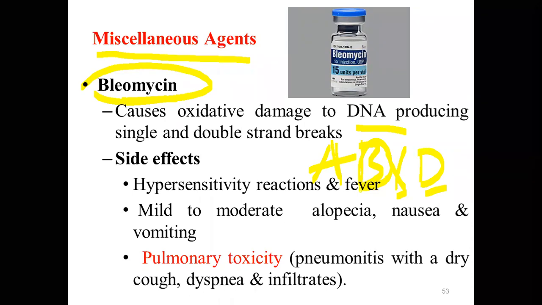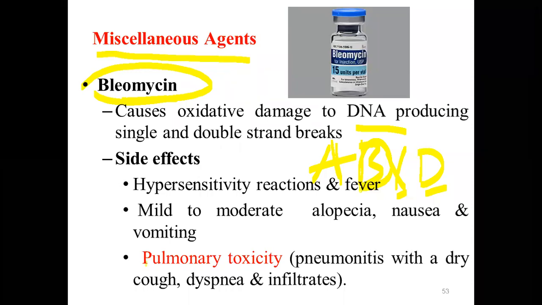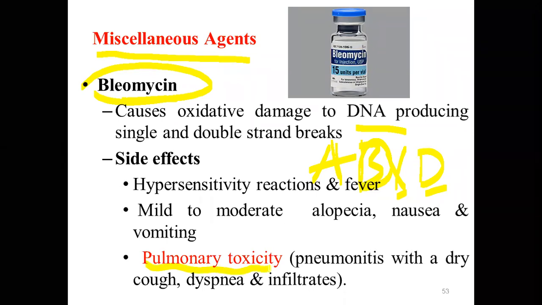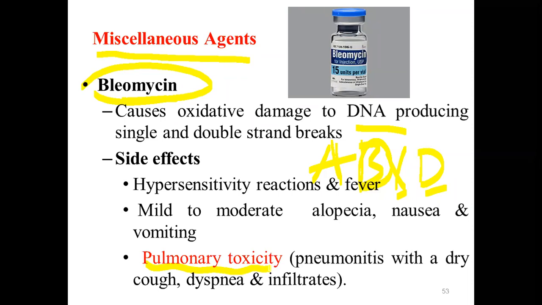Then it can cause hypersensitivity reaction, alopecia, nausea, and vomiting. But what is dose limiting with bleomycin use is pulmonary toxicity. If there is a cumulative dose, remember what we have said in anthracycline. When there is cumulative toxicity, the possibility of cardiac toxicity is very high with anthracycline. Similarly, if some patients take beyond the desired cumulative dose of bleomycin, the possibility of toxicity is very high,